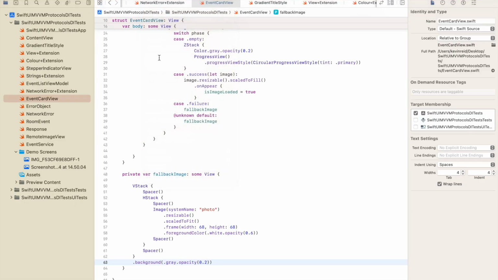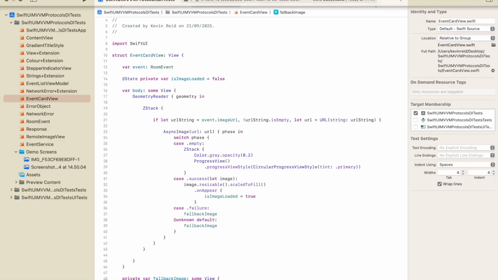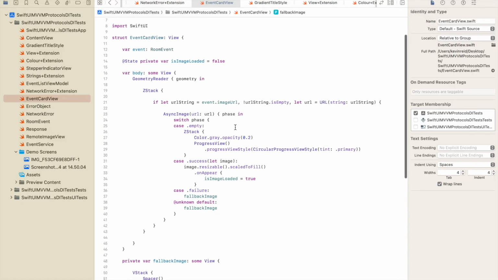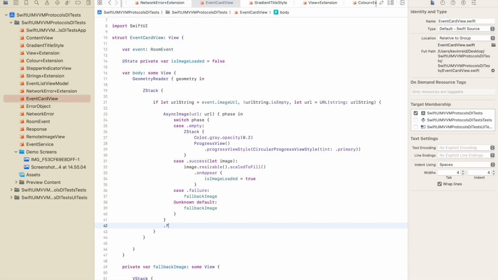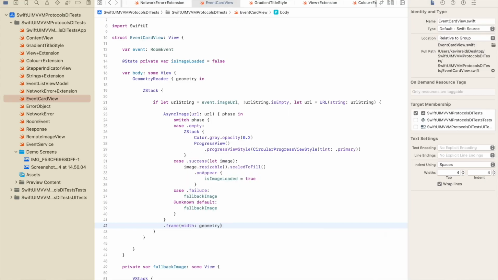I'll just compile it. The next thing we need to do is, after line 41, we need to add dot frame, width, geometry size dot width minus 32, height, geometry size dot width times by 1.2,